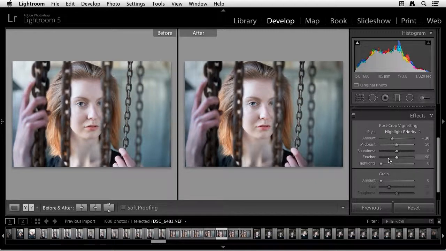Now the reason it's called a post-crop vignetting control. Imagine if I crop this picture now just down to the very center. The vignetting controls that I just applied to these outer edges will adapt to the new crop. It doesn't matter how you crop it. The vignetting tool will take into account your crop. So you can crop before or you can crop after, and the vignetting will adapt to the edges of your crop. So there you are, one of the simplest ways I know to improve an image using Lightroom's post-crop vignetting controls.